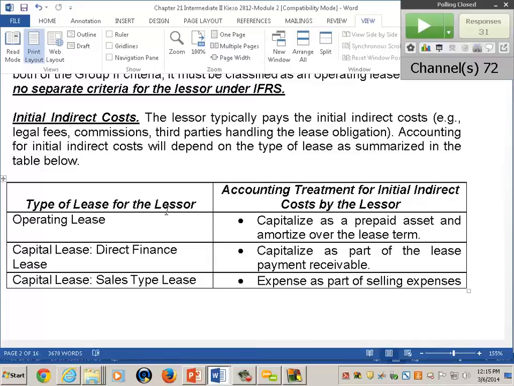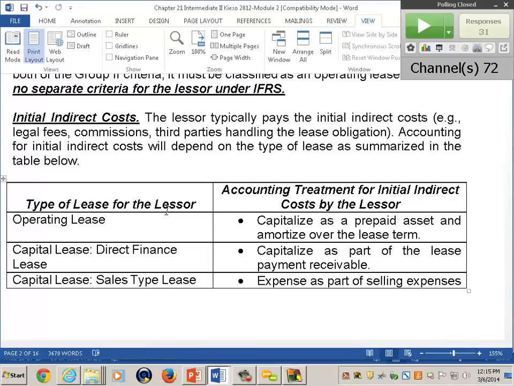Now, direct financing, that one goes right into the receivable. So that's definitely going to charge them for that. And basically, it's not a sale, so you're not really selling anything. You're just providing financing. So it's part of the cost of providing the financing that although you pay for them up front, they get reimbursed. So you basically add them to the receivable, then you get reimbursed by the lessee, and of course there's interest on that as well.